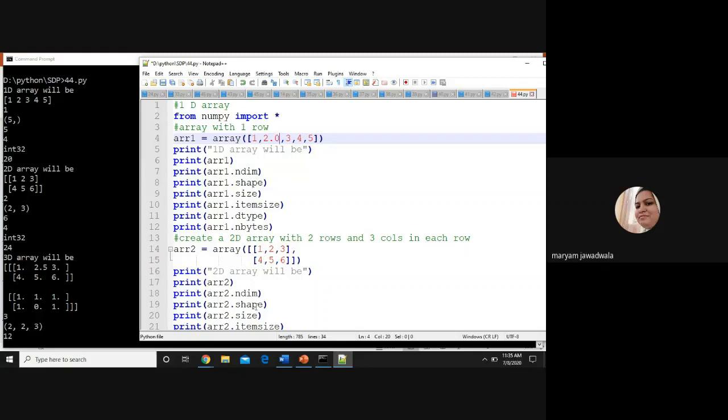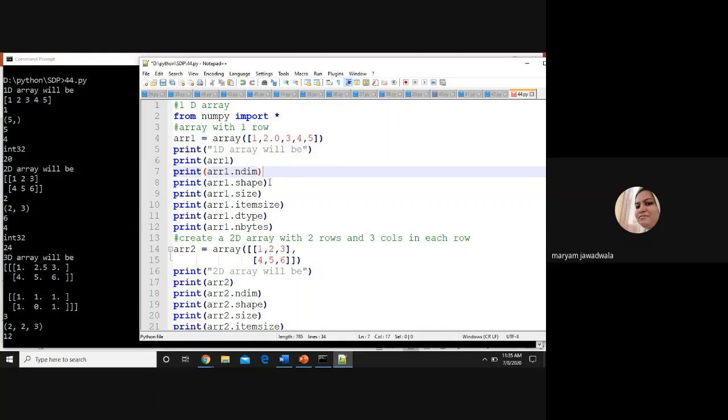It's a 2D array, so it will display 2. Next, the shape attribute will display the number of rows and number of columns. How many rows are there? 2. And for columns, 3. Note down that in a 1D array, the shape attribute displays the number of elements.